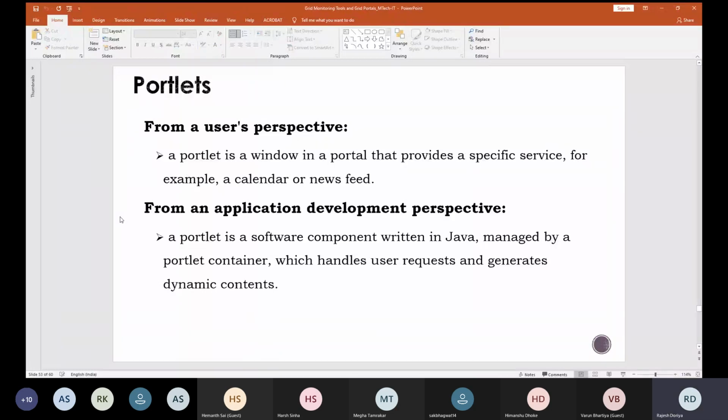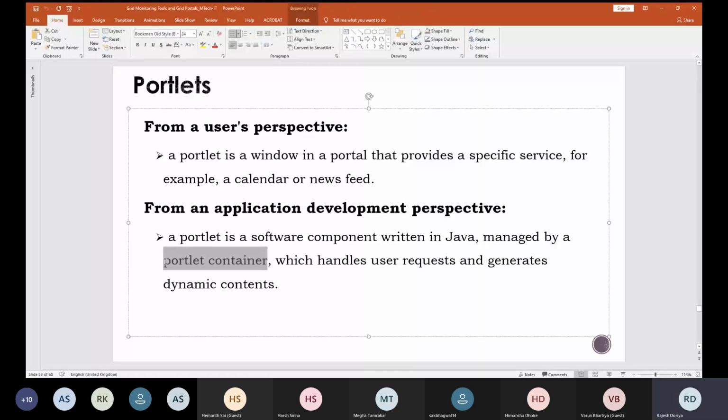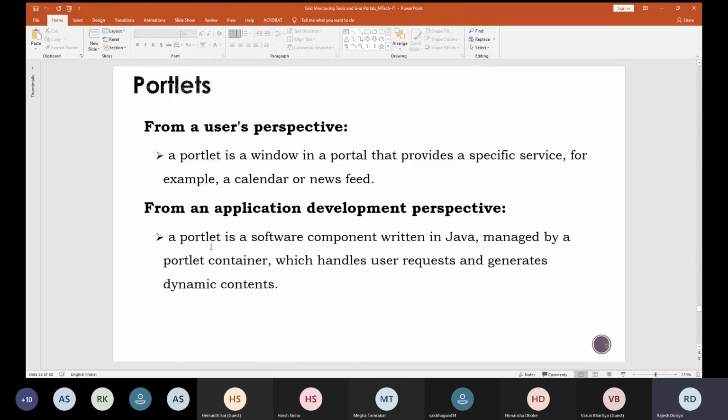Fine. And from an application development perspective, it is a software component basically written in Java, and usually it is managed by a portlet container. Okay, and the job of this portlet is to handle all the user requests and generate the dynamic content which has been demanded by the user.